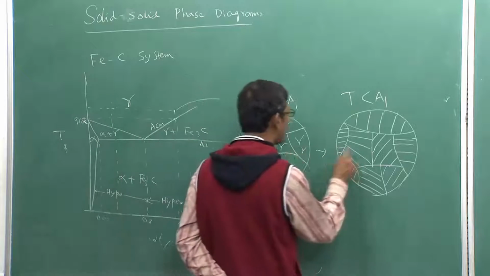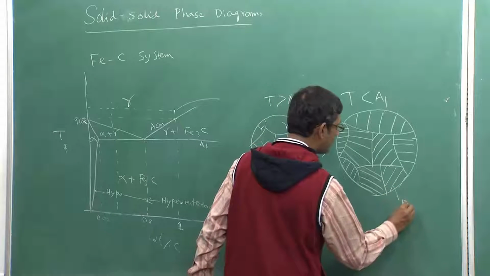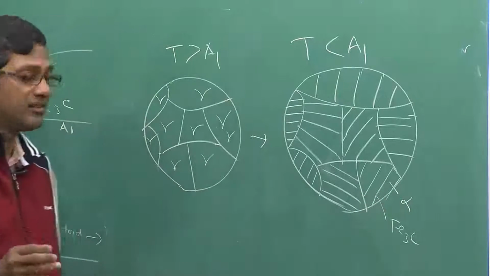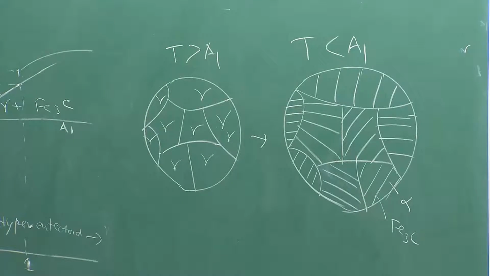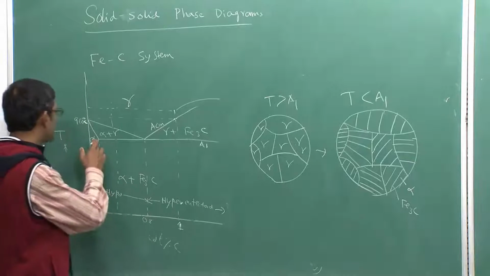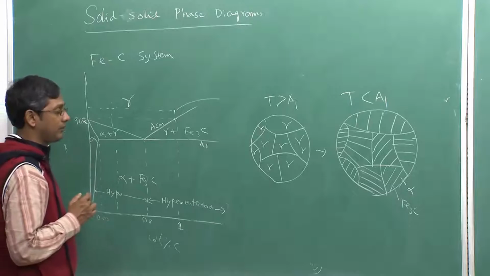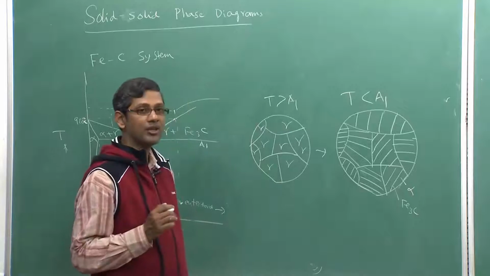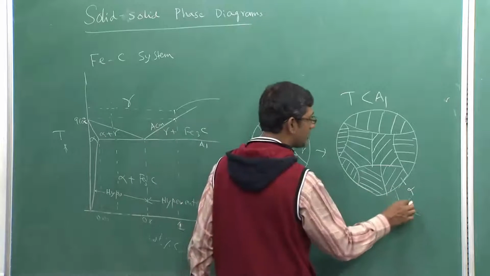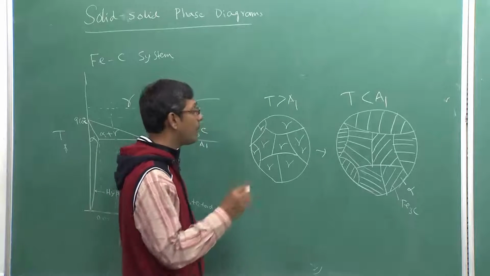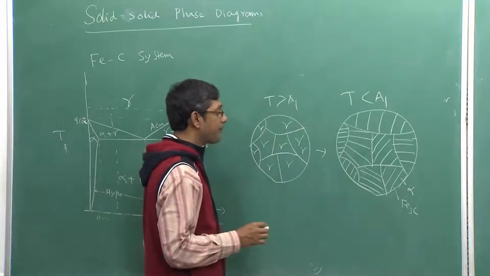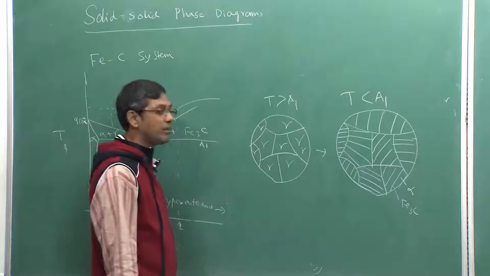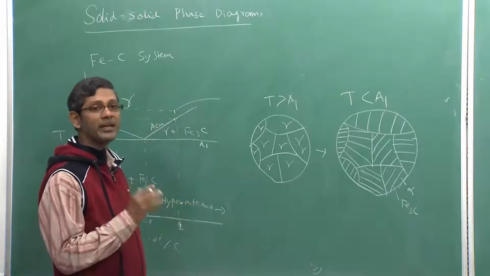Now from this I am forming two phases. One is cementite, which is carbon rich, the other one is alpha, which is carbon lean. Alpha does not contain any carbon at room temperature. At high temperature it contains about 0.02% carbon. On the other hand, cementite contains 6.67% carbon. So this large difference of carbon concentration between gamma and cementite is only possible when there is diffusion. So the whole transformation from single phase gamma to two phase cementite plus alpha is basically dominated by carbon diffusion.